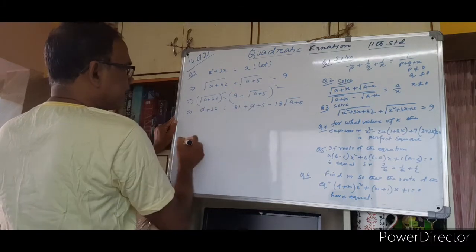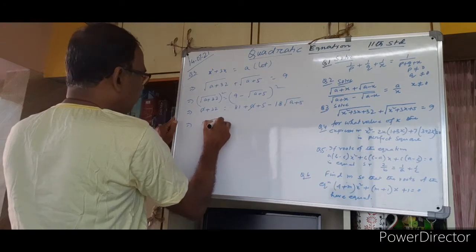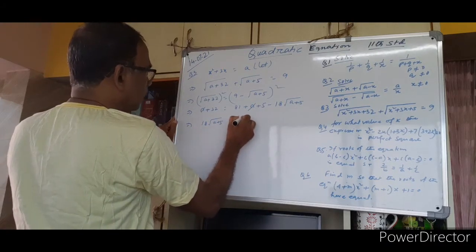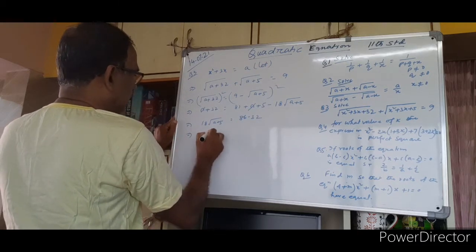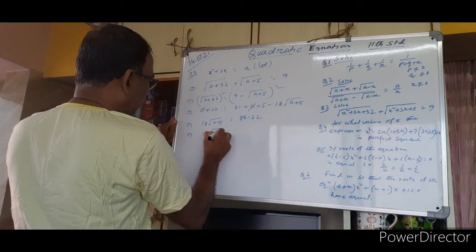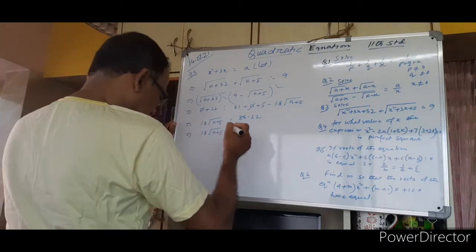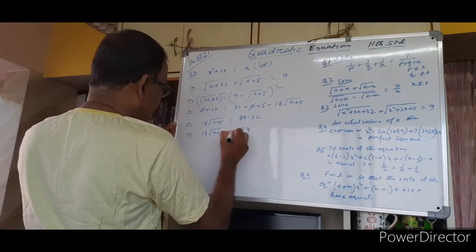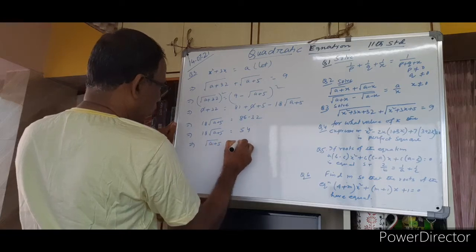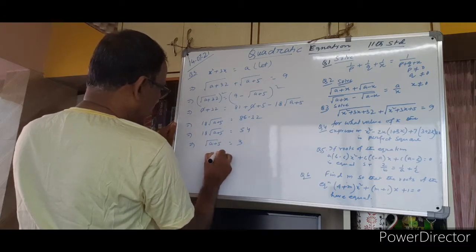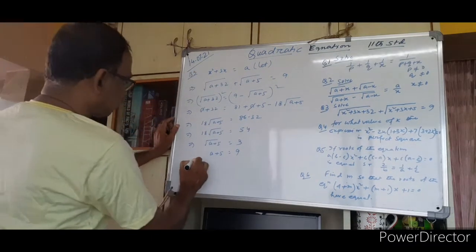This a cancels. This is coming to the left hand side. That is 18 root over of a plus 5 equals 86 minus 32, that is 18 root over of a plus 5 equals 54. This implies root over of a plus 5 equals 3. That is a plus 5 equals 9, squaring. The value of a is x square plus 3x.